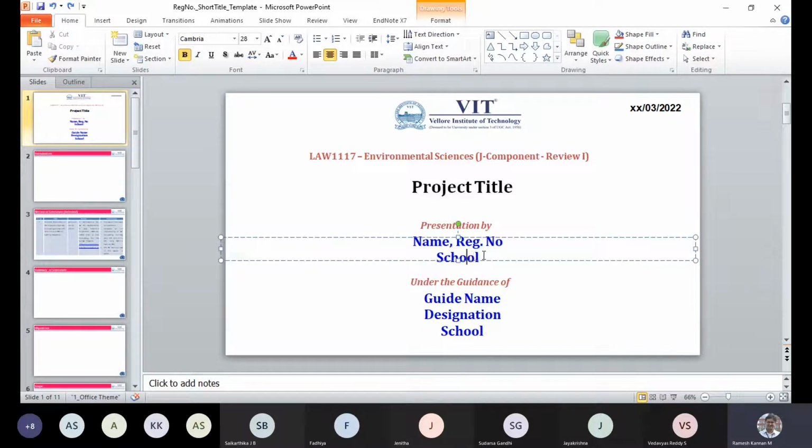The school is VIT School of Law. And then the name. There are three members in a group, there are two members in a group, and there's only one member in a group. Depending upon that, you can put the first person's full name and registration number, or you can even put the registration number in brackets, comma.